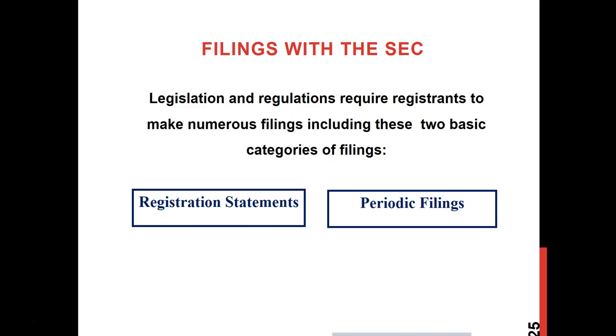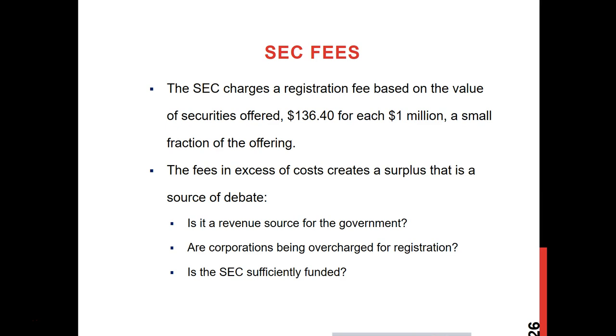Now here we will talk about the filing process, and we will talk about two basic types of filings. One is related to registration filings. That means when the firm wants to issue securities, it could be new registrants, that means the IPO related registration, or it could be seasoned securities. And later we'll talk about the periodic filings. And remember what I mentioned earlier, all public firms need to pay fees to the SEC, and this is a huge revenue source for the federal